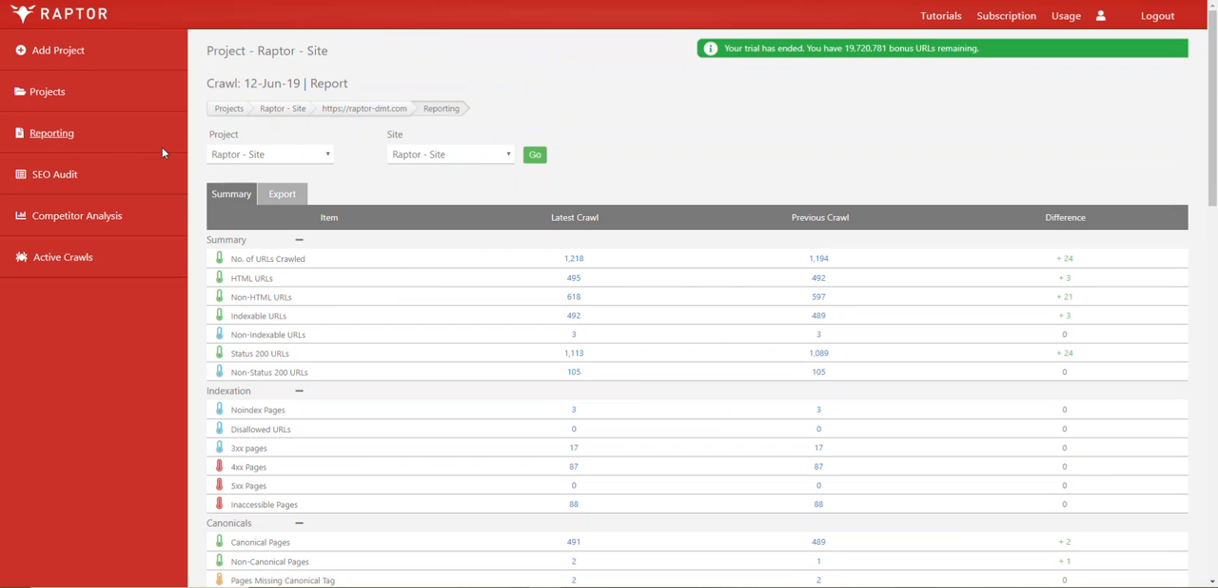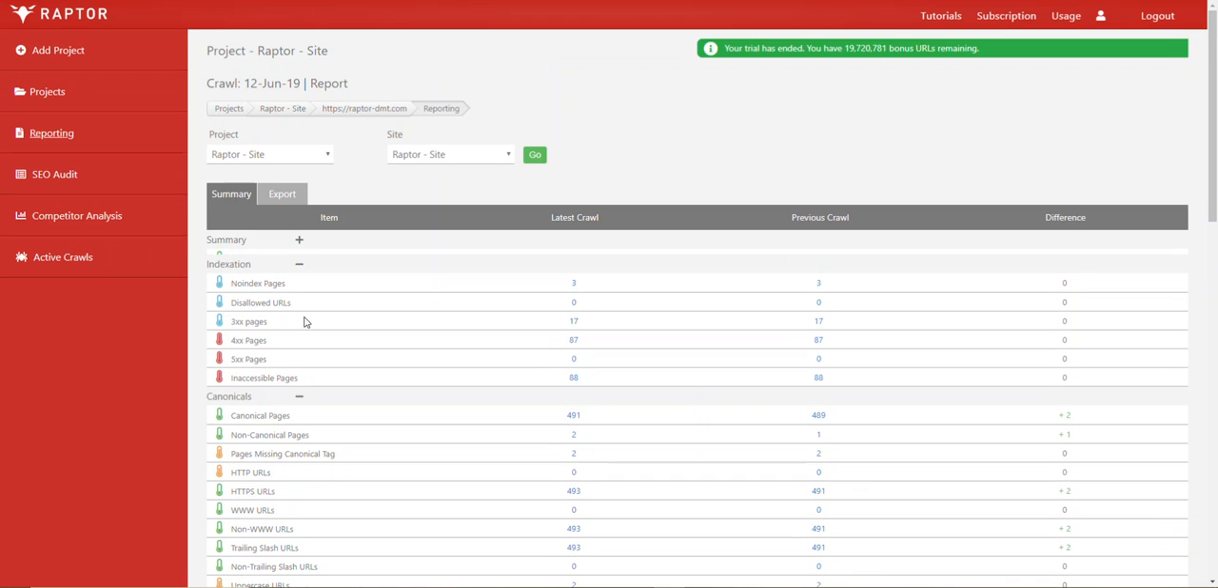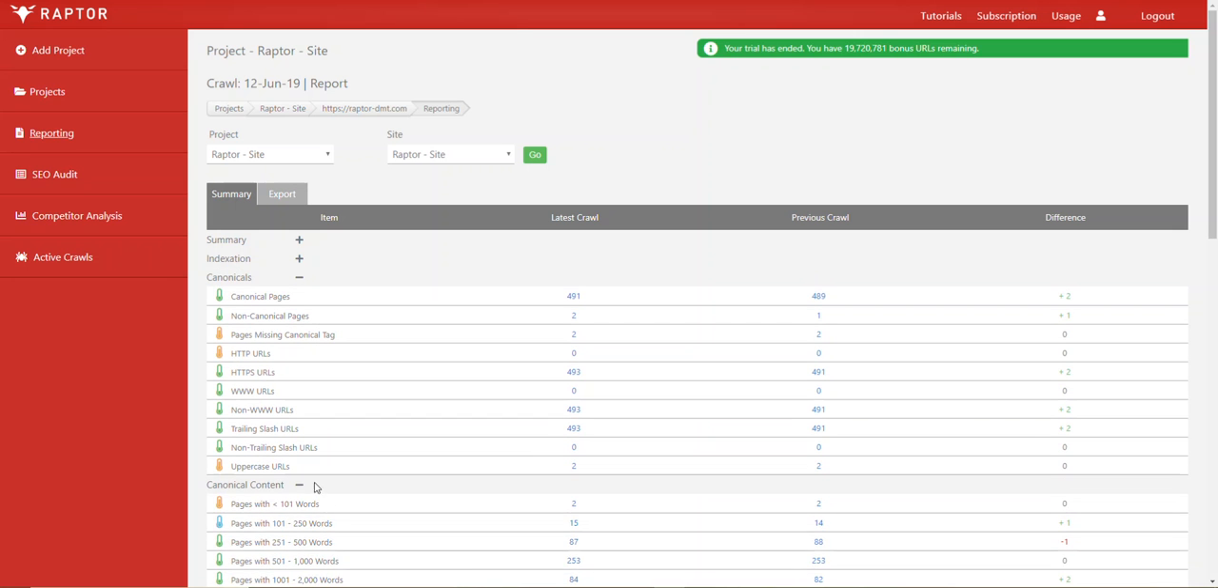So when you go to the reporting section from SEO tools, which you can access from the side menu or from any of the other pages on this piece of software, you'll notice that under the canonical section we have HTTP URLs. If we minimize some of these other sections so that we can concentrate on that a little bit more easily,